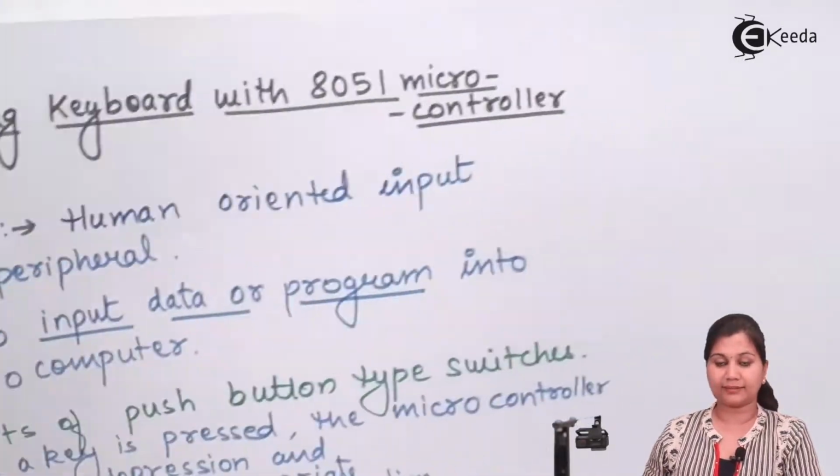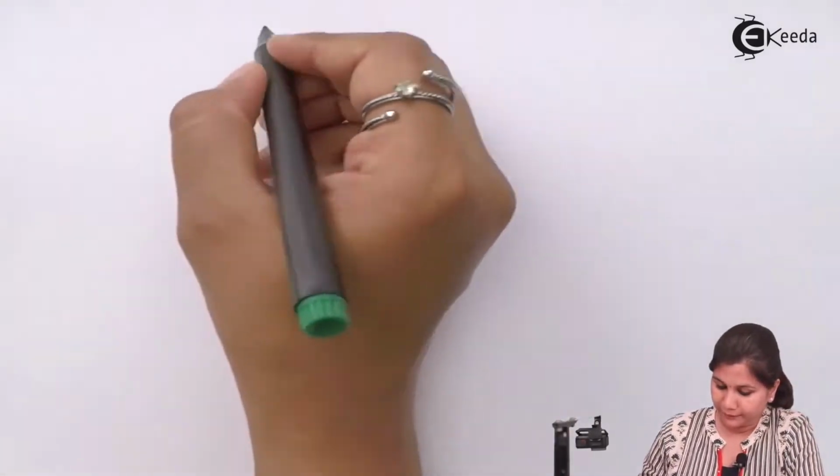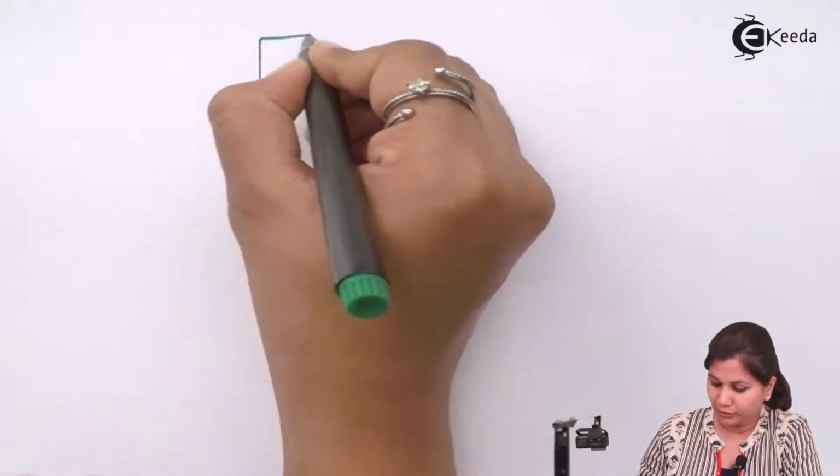As I have said, the keyboard consists of push button type switches, and these are present inside the key. Whenever the key is pressed, the push button is also pressed, and that key generates a code. That code is given to the microcontroller or microcomputer. The microcontroller will decode that code and then perform the appropriate operation associated with that key. So if we see the general operation of a keyboard, here we will have an encoder,